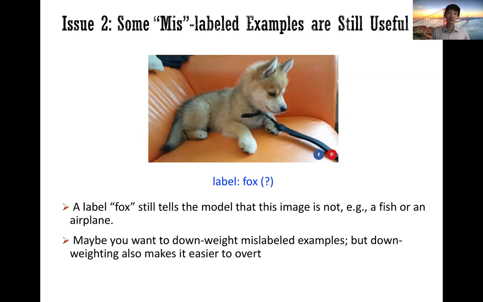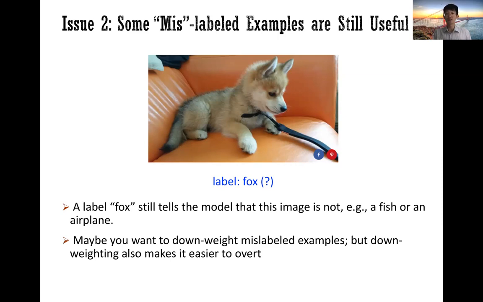So maybe you just want to weigh down these mislabeled examples, for example. You may think that's probably the right thing to do. You don't want to just discard the example, but just weigh it down. However, in the previous work that I've just talked about, the reason why we discard the example completely is because if you're just downweighting the hard examples or the ambiguous examples with larger training losses, then actually it's even easier for you to fit